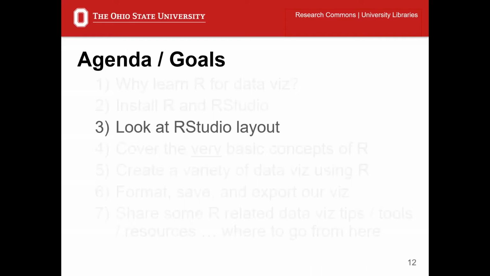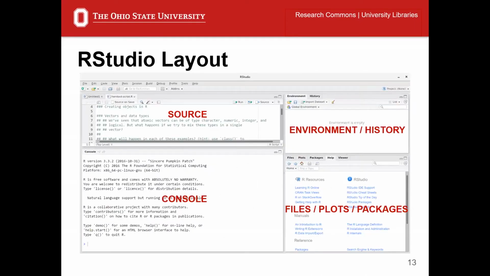Now taking a look at the RStudio layout. So this is what RStudio looks like. Again, we're going to be taking a look at this, opening it up. There's basically 4 main panes. There's this source window, which has our script. So here, when we open up that R script file, it's going to open up right here in the source window. There is a console. So anytime we execute our source or run our code, it's going to run through our console here. And any results are going to be spit out here as well.